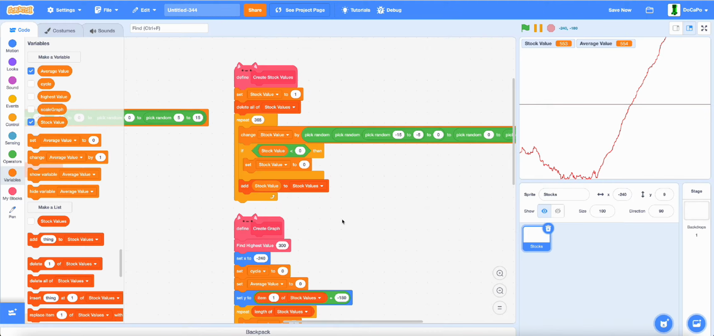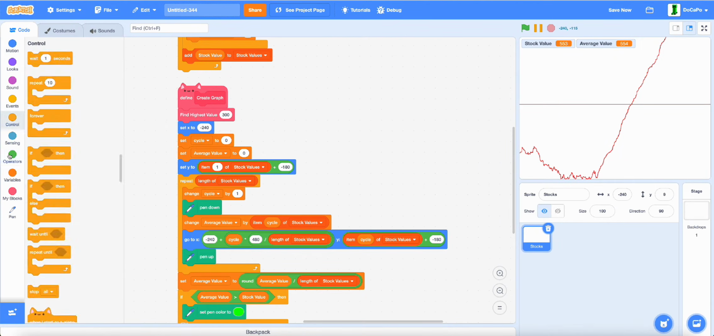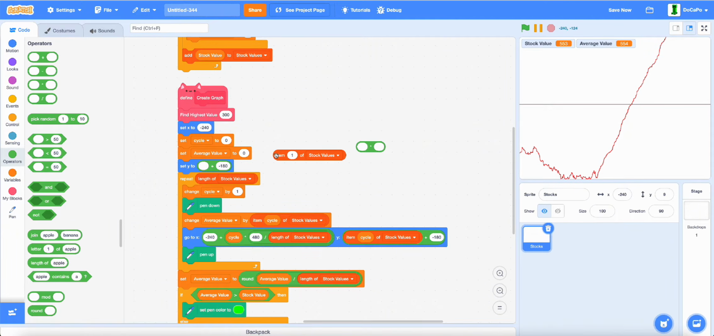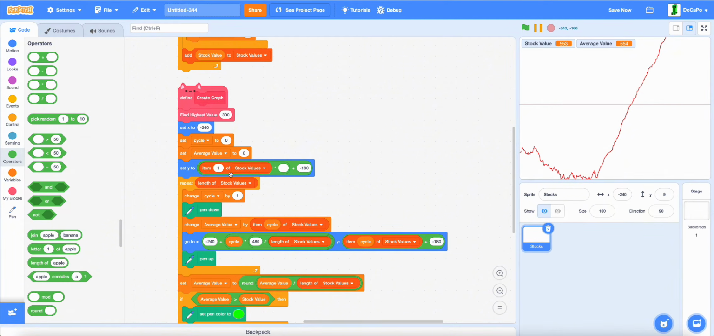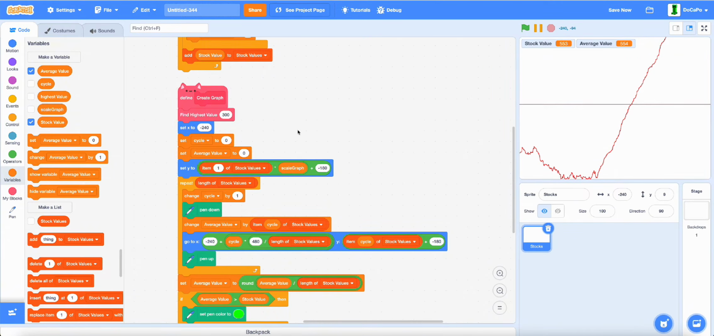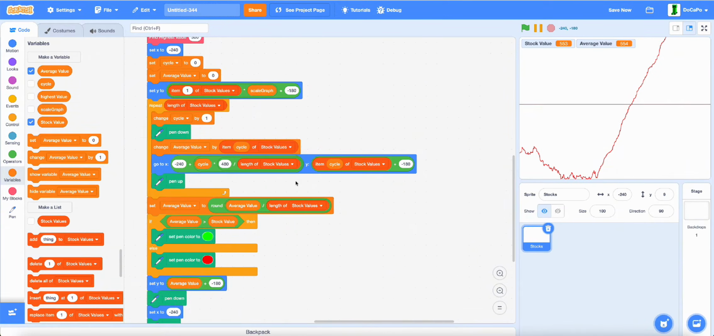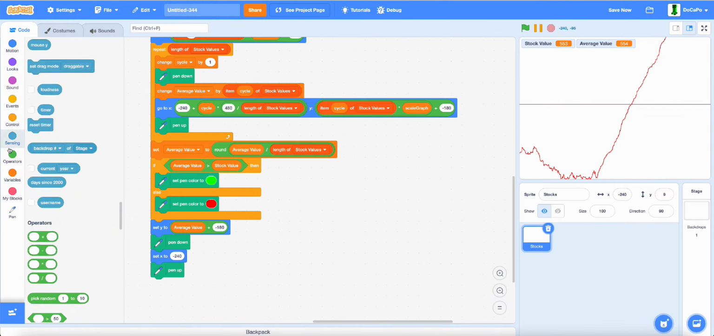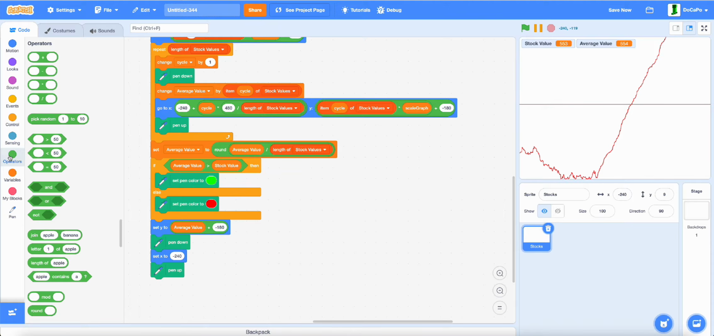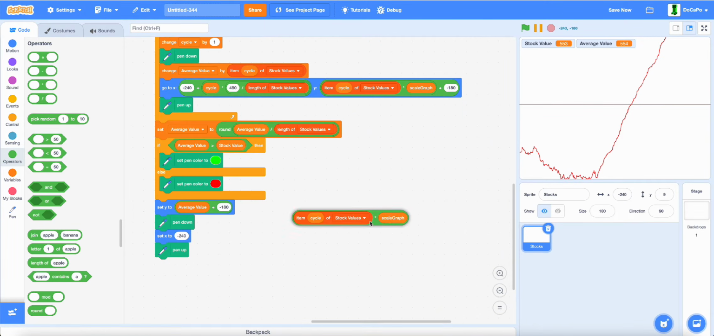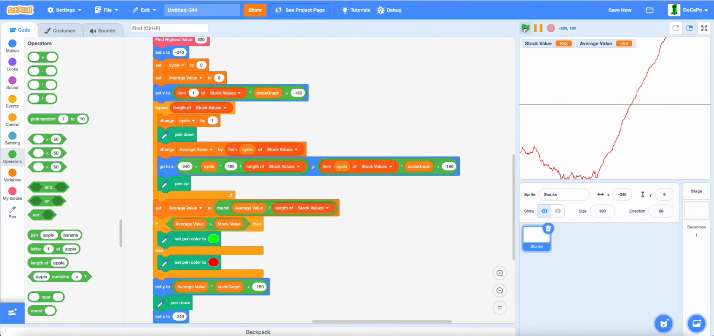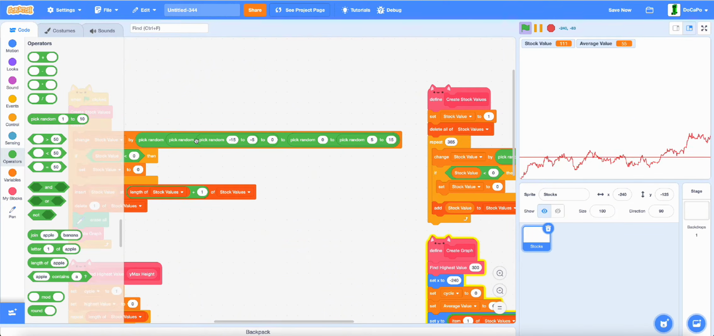And now with this, back in the create graph, and now in here for the set y's, set y to item 1 of stock values times graph scale, and same with this one, and lastly same with here for the average value times scale graph. And now if you test it and make it go up,